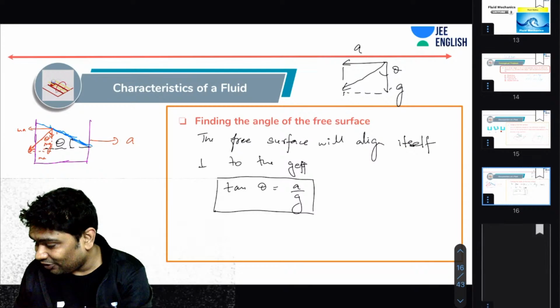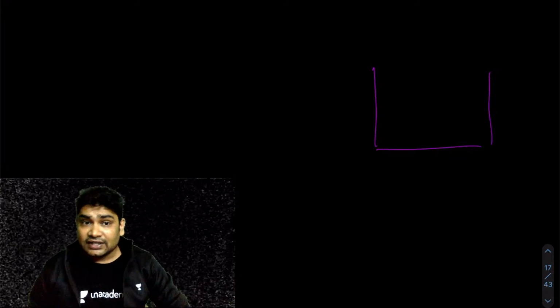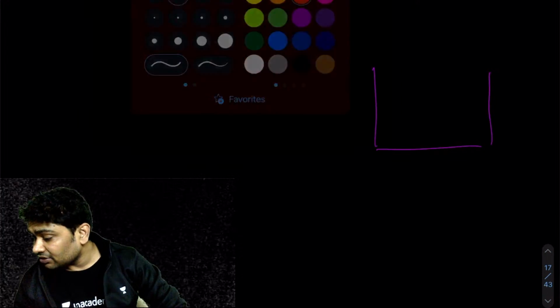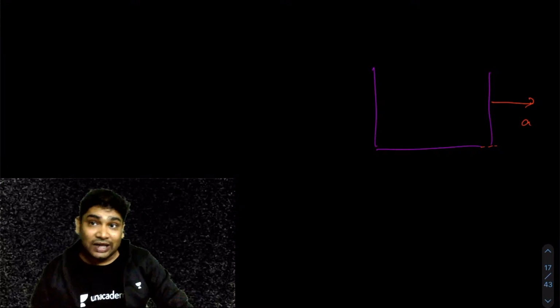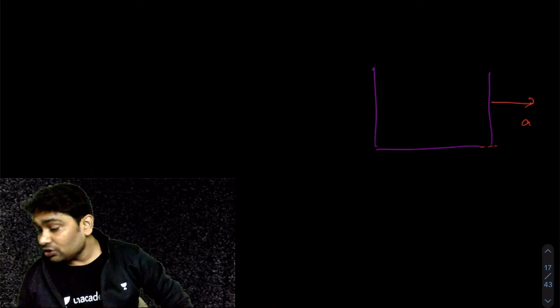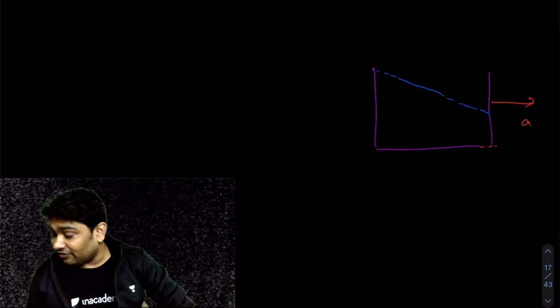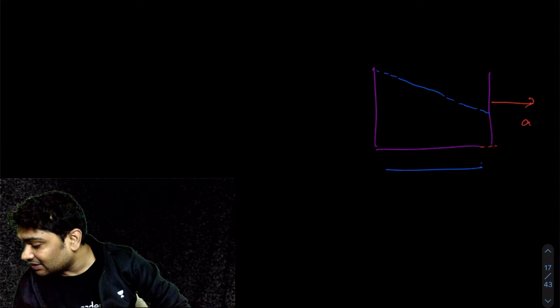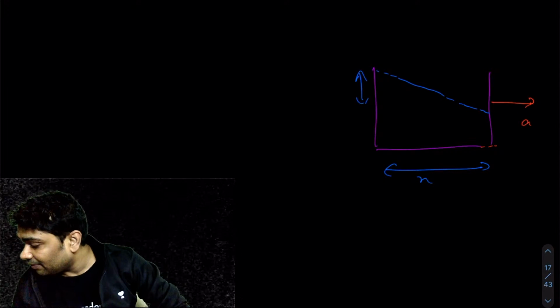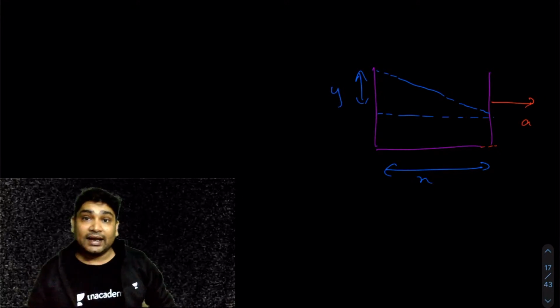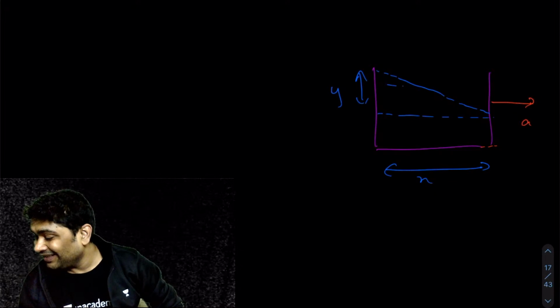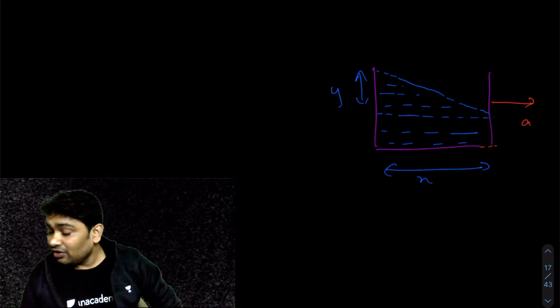Let's take an alternate method of finding out this angle. Okay. So let's say you had this container again, and let's say you accelerated this vessel. Okay, so this vessel was getting accelerated like this. Now, you know that when we accelerate a vessel, then the pressure variation starts happening in the x direction also, right? So now the alternate method for me was that if I imagine that this is the liquid surface, and this was some x, let's say this was some y being this height. Now, what I can tell you is that this liquid in here would have